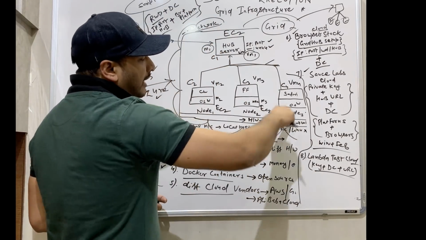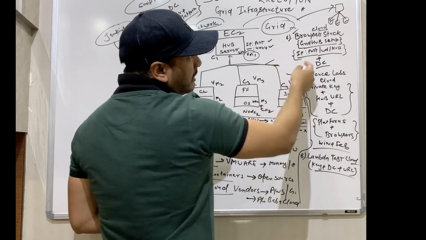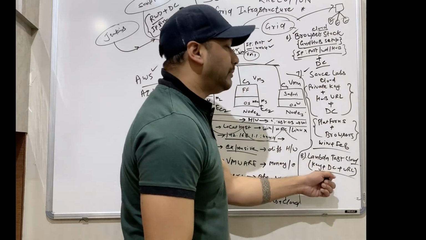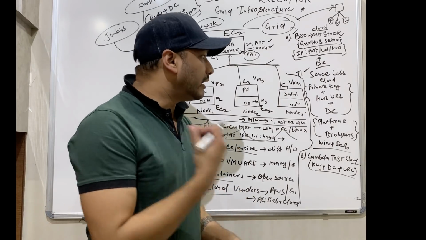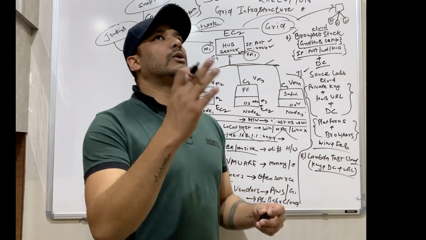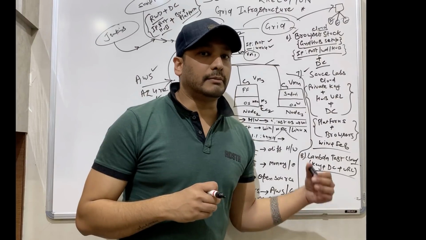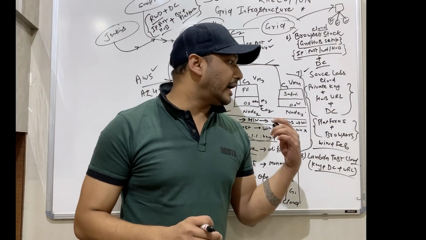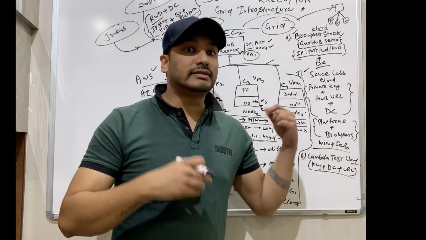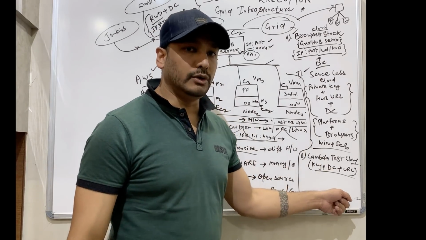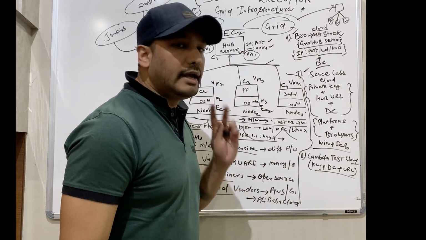But if you don't want to take the headache of the responsibility of your own VMs and everything, you can move to Browser Stack. You just need to pay some amount of money to Browser Stack, Sauce Labs and Lambda Test and start doing that. And they are experts in all these things. They will give you hundreds of different combinations. Let's say I want Android 5, which is a very old version, with this particular browser, you can do that. I want iPhone X, I want iOS 14, iOS 13, iOS 12, older versions of iOS also. They will give it to you. You don't need to set up anything over there. So of course you can contact these people and then you can use that.